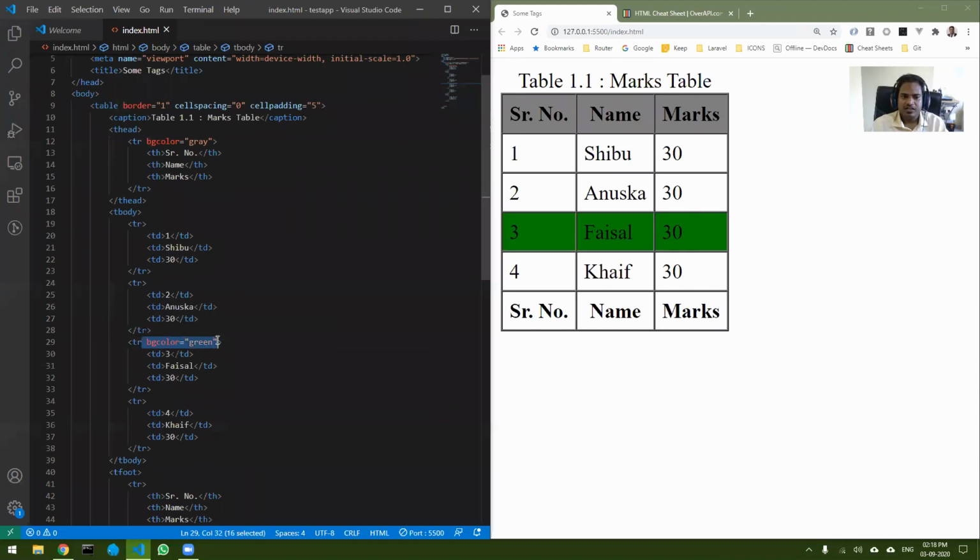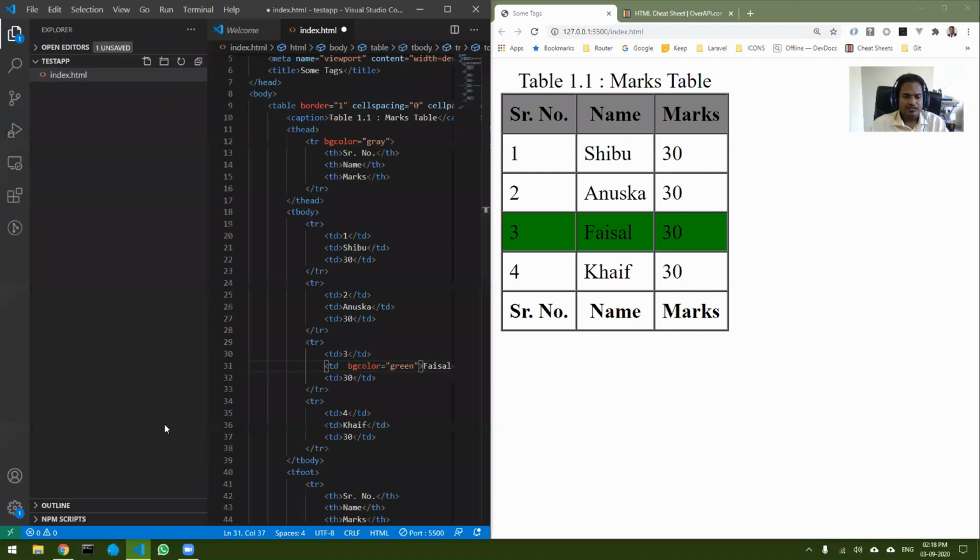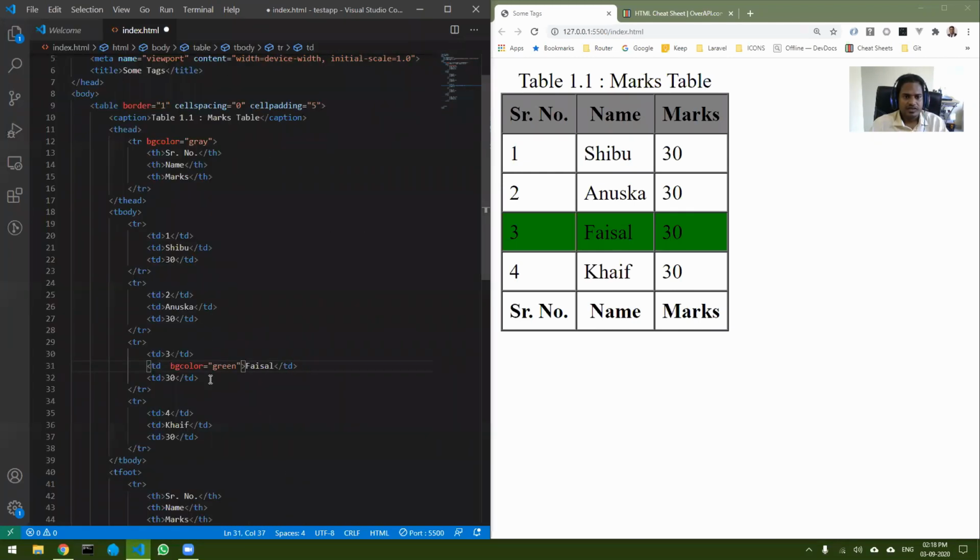I want only Faisal to be highlighted. So whenever you want to target a particular cell, you should go inside that td and paste the color. So now you can see Faisal.